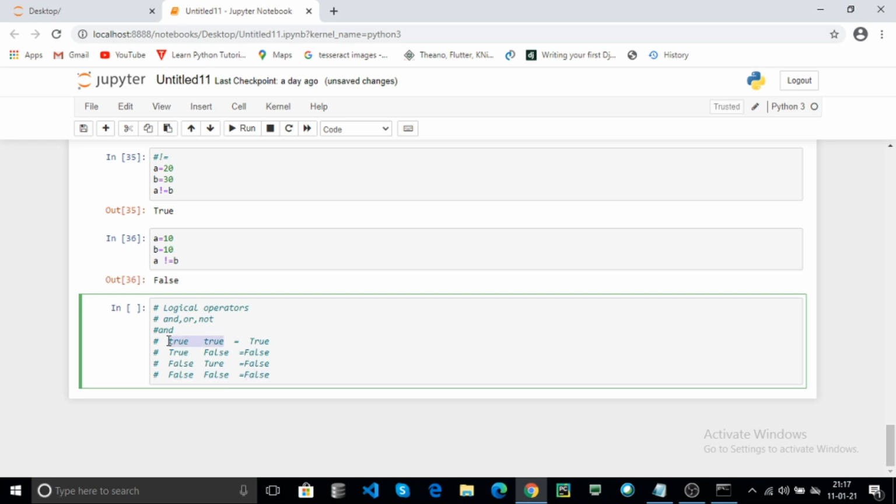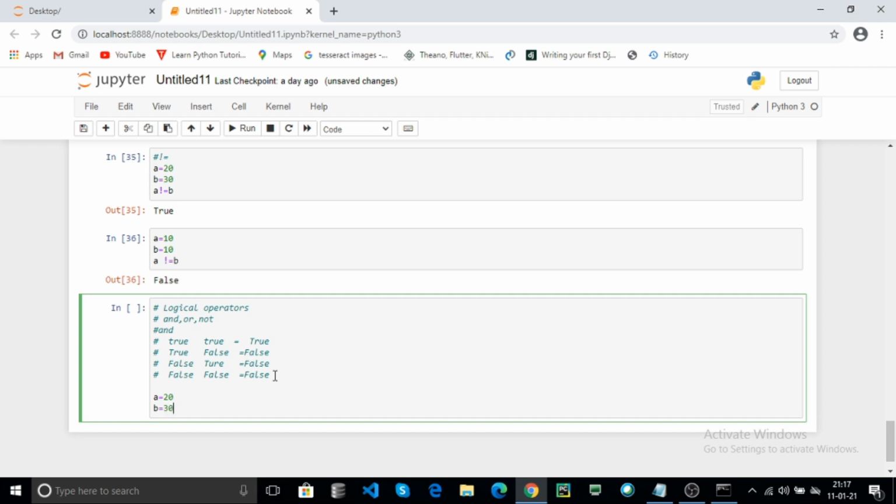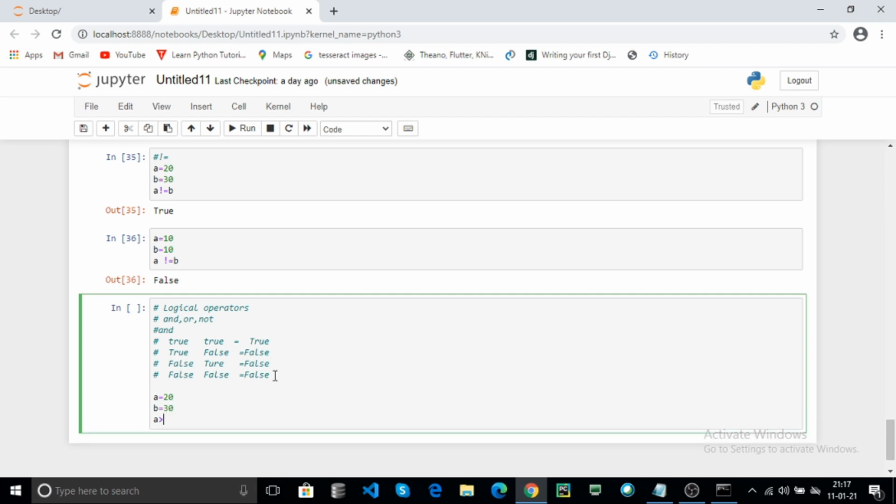If both conditions are true, it returns true. For example, a equal to 20, b equal to 30. Here the condition is a is greater than 20 and b is less than 40. Here it returns false because the first condition is false, the second condition is true. It returns false.